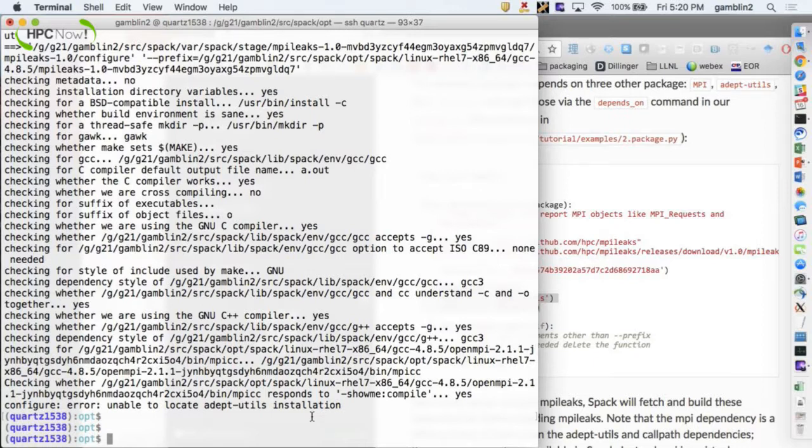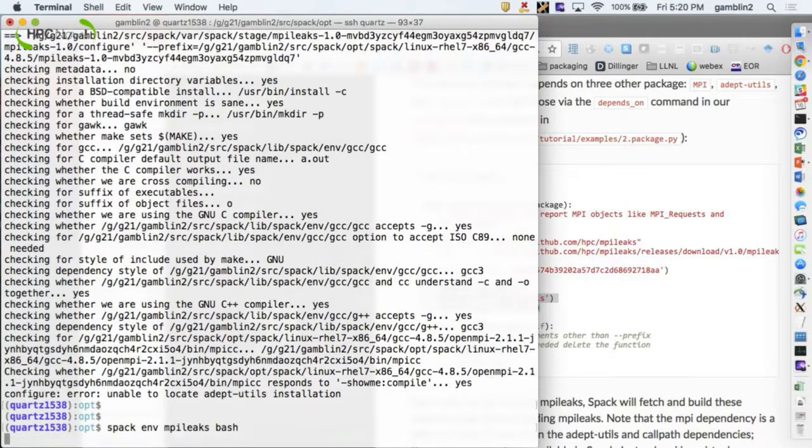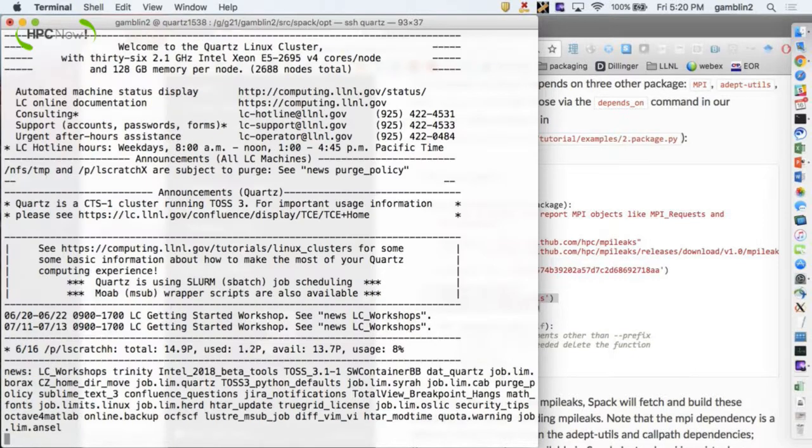Spack builds in its own special build environment. If you want to debug that, you can actually get into the build environment by saying spack env mpileaks bash. If you do this, it sets up the build environment like it would for a Spack build of this package, and it runs bash in that environment. And so now,